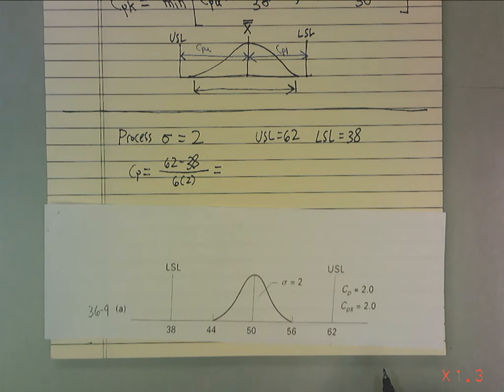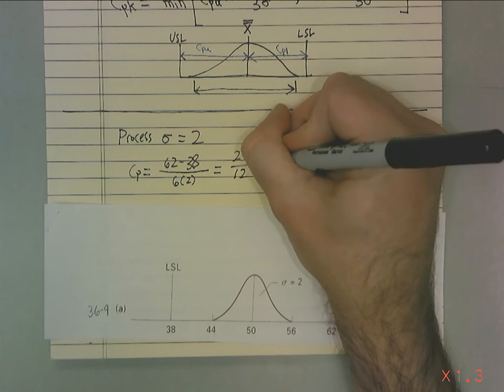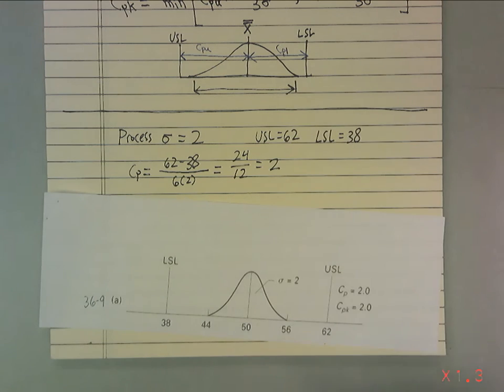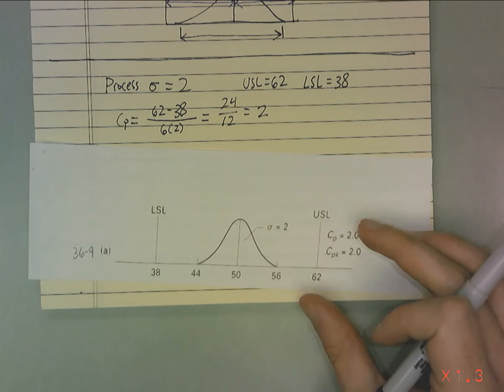Right? So, make sure that works. We get 24 over 12 equals 2. Okay, so that is a very capable process. Now,